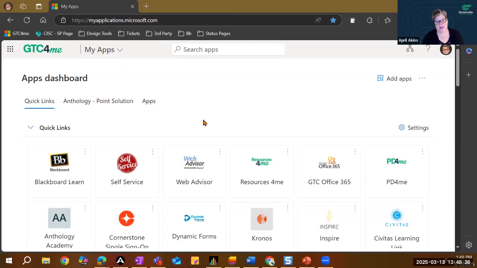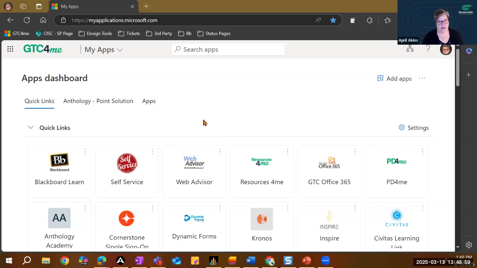So with in-person classes, one easy way to get your students to be more responsible for their attendance in class is to start using Microsoft Forms. I'm going to show you a couple ways that you can get that set up. You can put it in your PowerPoint itself, or you can just put up a link or a QR code that the students scan when they come in the classroom.